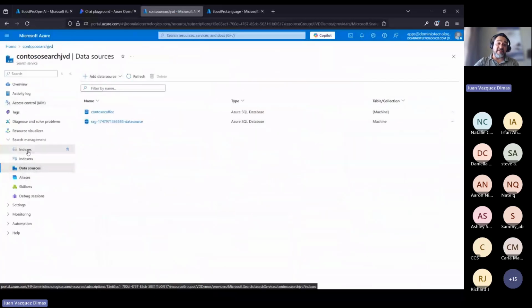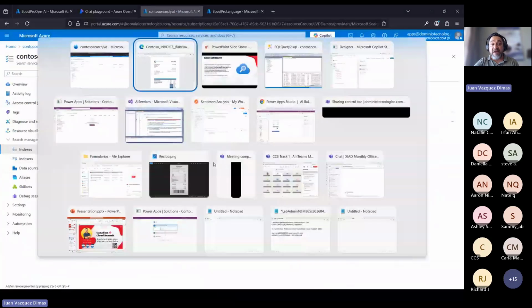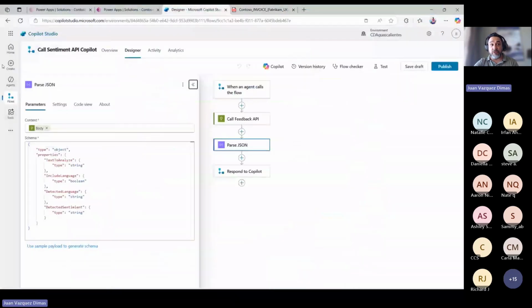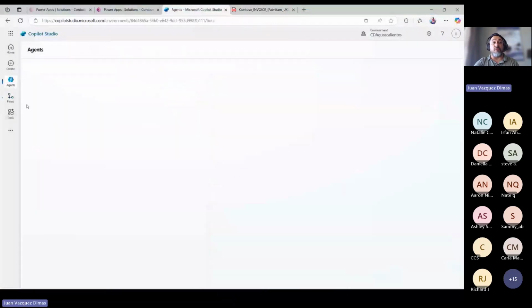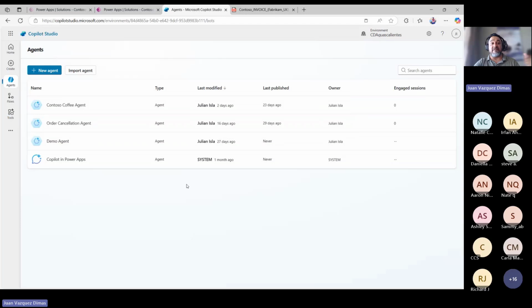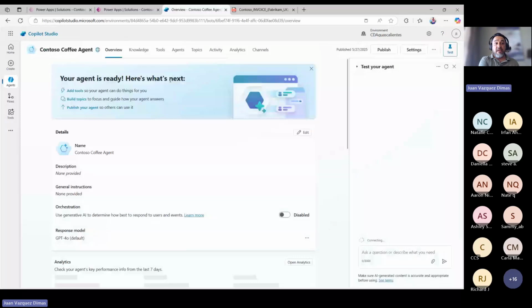And with those indexes, you basically are saying, hey, I want to index these fields from my table. And once I have that, I can just integrate this in my Copilot agent, right? So here, what I'm going to do is, if I have an agent in my Copilot Studio, once I have my Azure AI service configured and I have indexes and everything, when I have a Copilot agent,